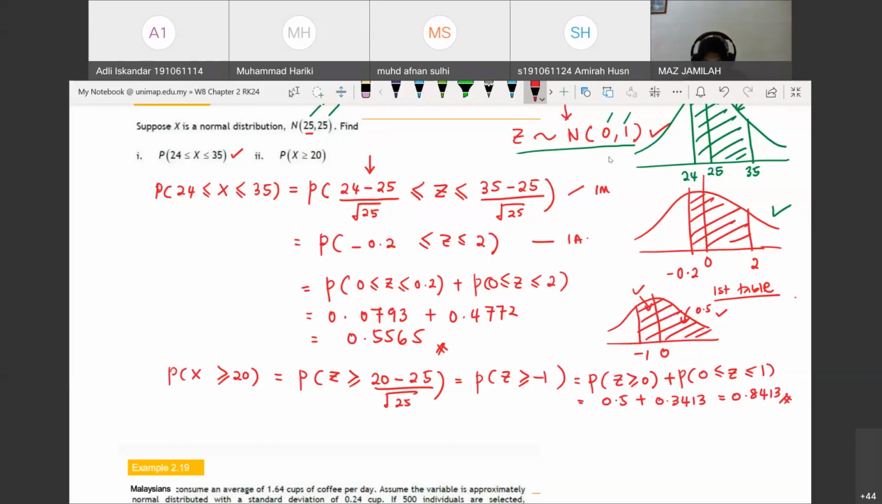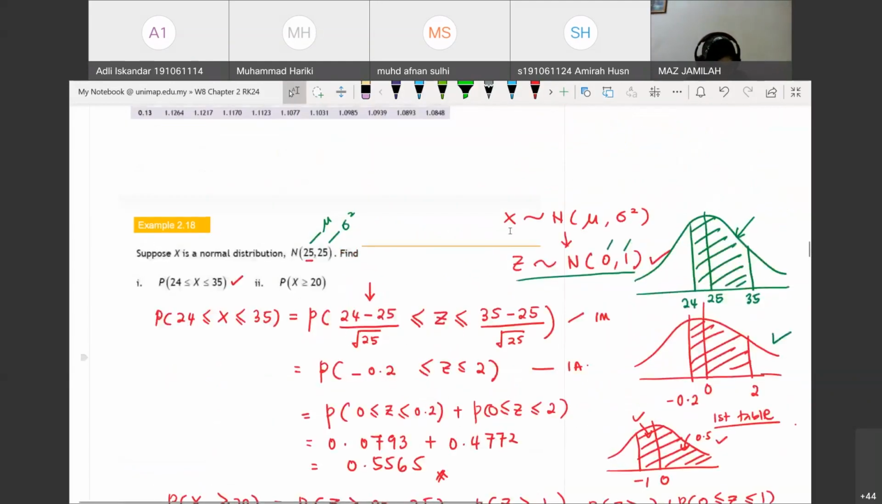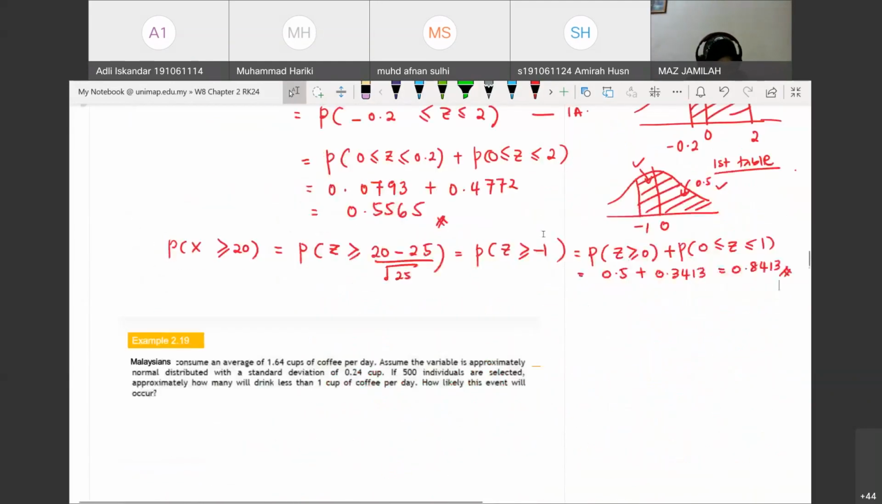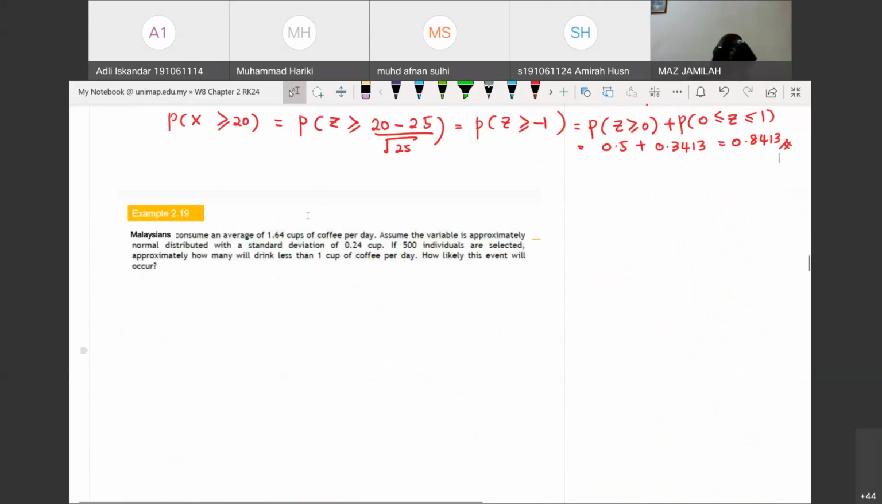Okay, so that's how we solve example 2.18. Now, what about example 2.19? Malaysians consume an average of 1.64 cups of coffee per day. Assume the variable is approximately normally distributed with a standard deviation of 0.24 cups. Okay, so in this case,